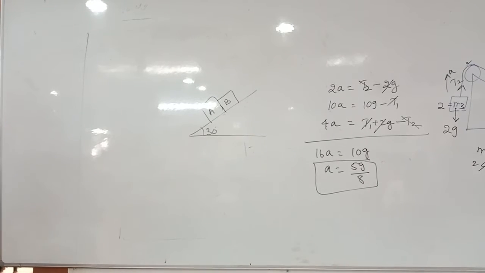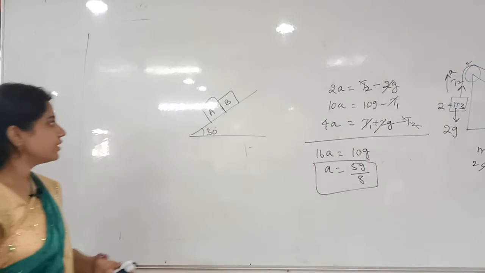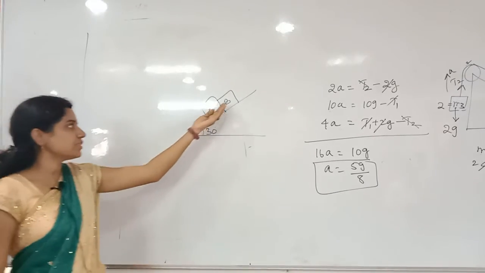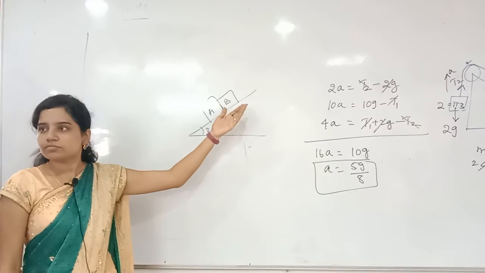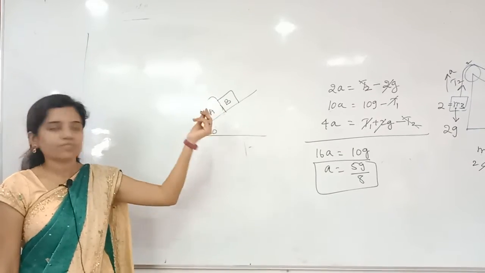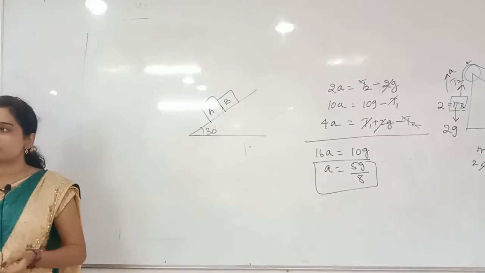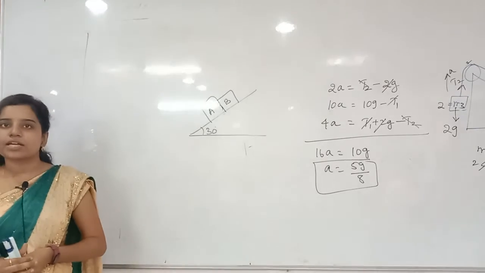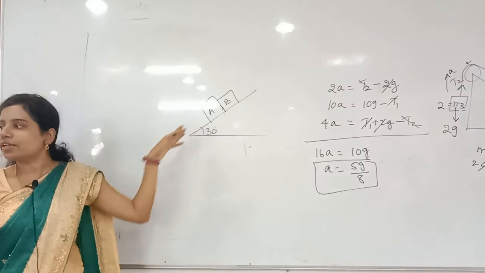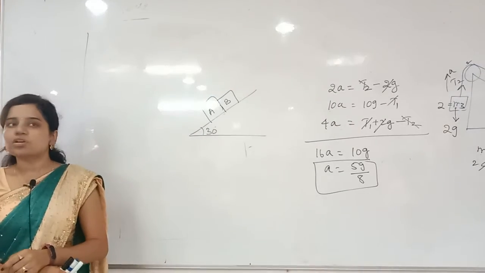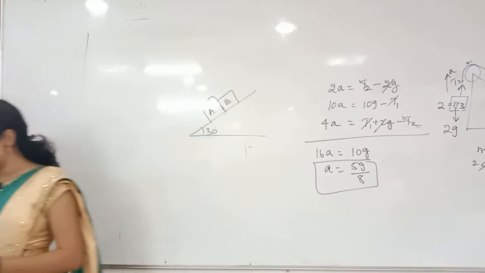They will not leave the contact. Whenever this one is moving, obviously this is in contact only. A cannot move faster than B, right? So only I changed the masses. If A is smaller, A will fall down first. Correct? Are you understanding what I am saying? Smooth surface. I said clearly that the inclined plane is very smooth, so they will not leave the contact with each other.